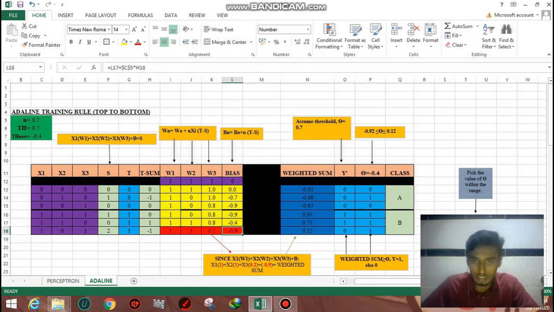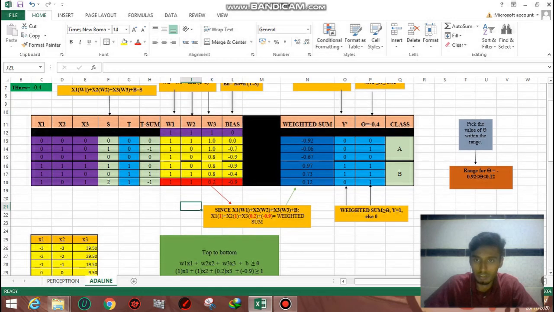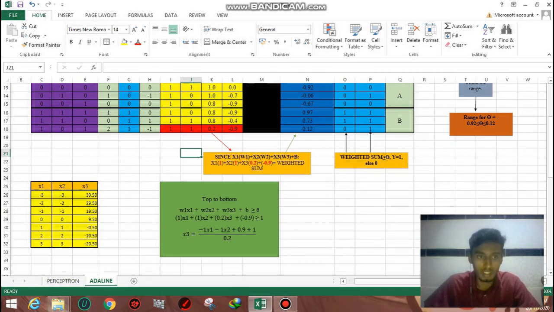to get this weighted sum, here's the formula we used, which is x1 times w1 plus x2 times w2 plus x3 times w3 plus b. We used, for example, a random row answer for the solution. After that, when we get all the values, we form the table,